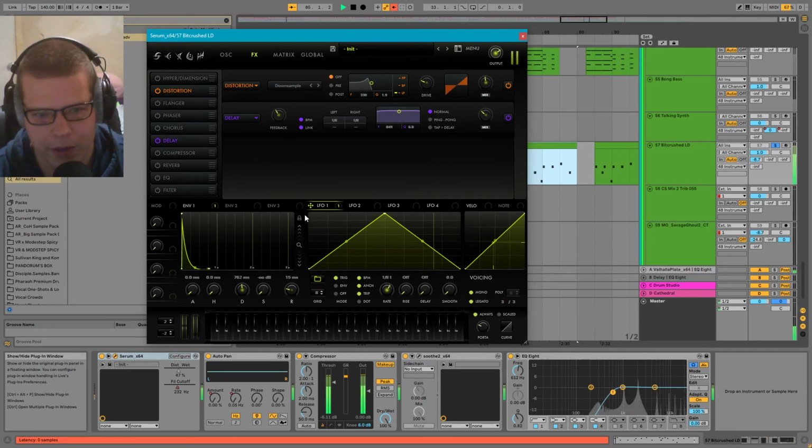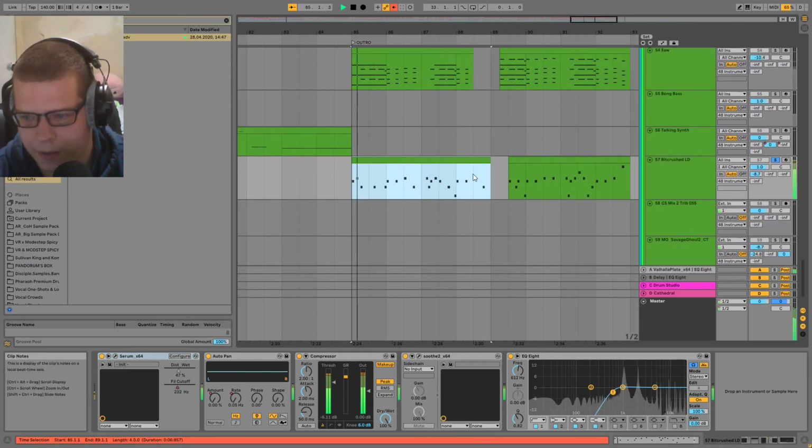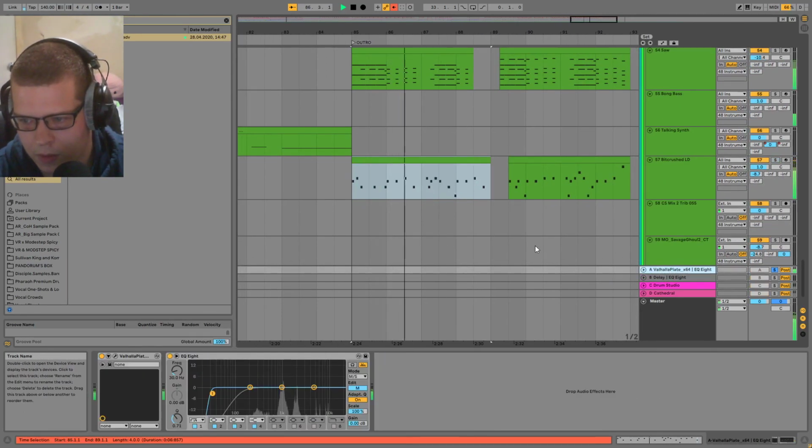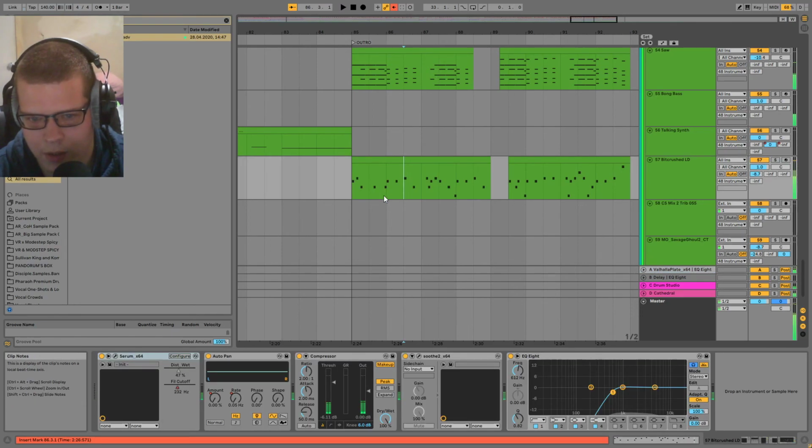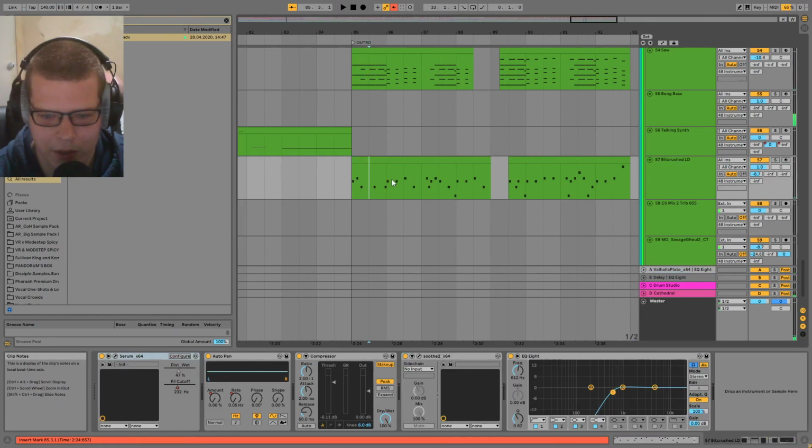I guess delay and the reverb, but the reverb is coming from the send. But yeah, pretty simple sound, but I do love it quite a bit.